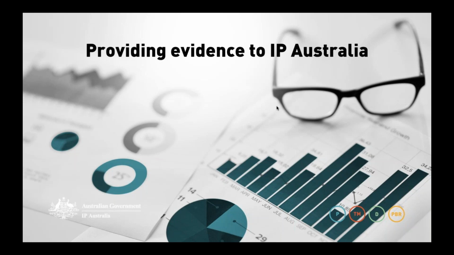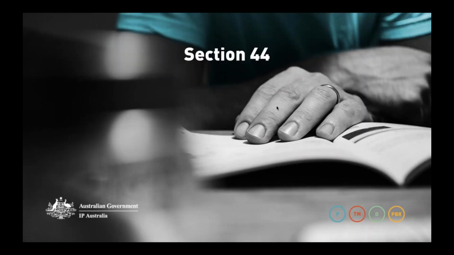All trademark applications are examined under the Trademarks Act. Within this Act, there are a number of sections that an examiner considers to determine whether your mark is able to be registered. The section we'll be focusing on today is Section 44. Section 44 looks at whether your trademark is too similar to a trademark that has already been applied for or registered. If you receive a report that raises an issue under Section 44, it means that the examiner has decided